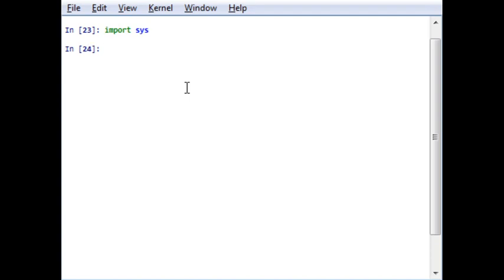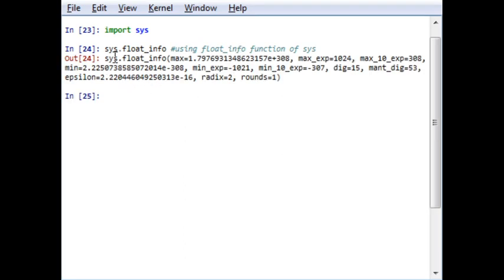After importing the sys module, you have to write sys.float_info. This will give you the float info of the system. So using this float_info attribute of sys, you can get this info. Sorry for the spelling mistake, it is info. Enter. So here you can see the system float info.